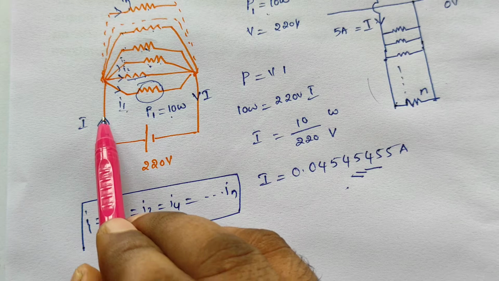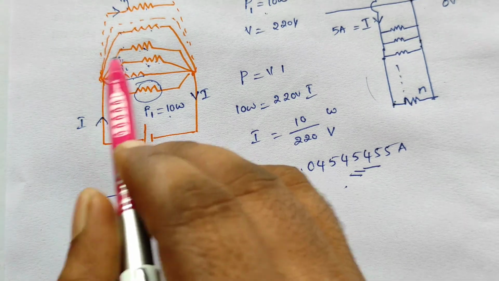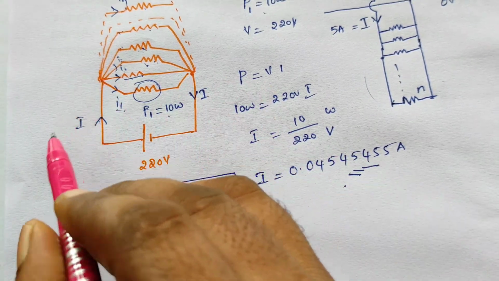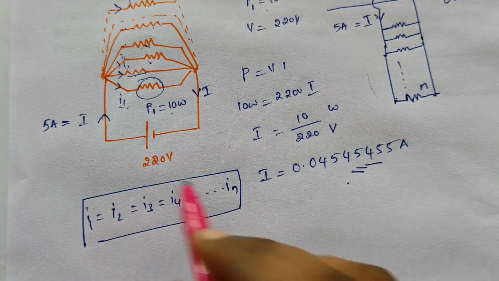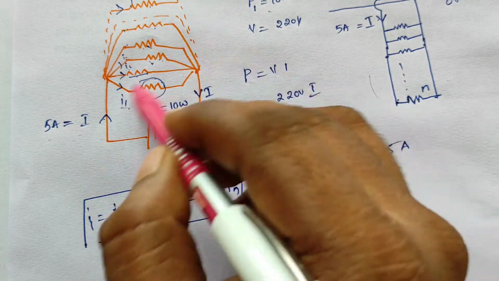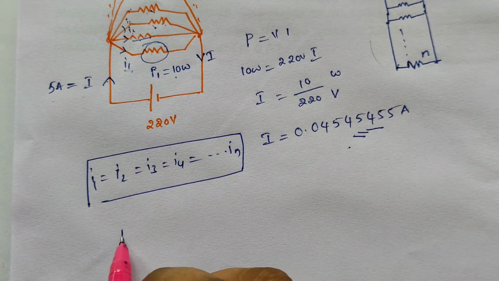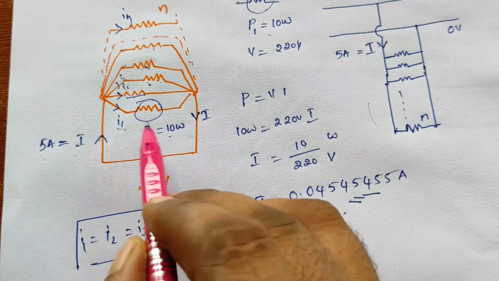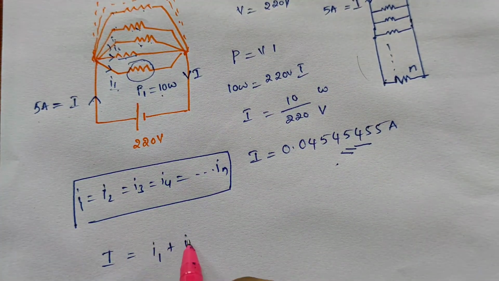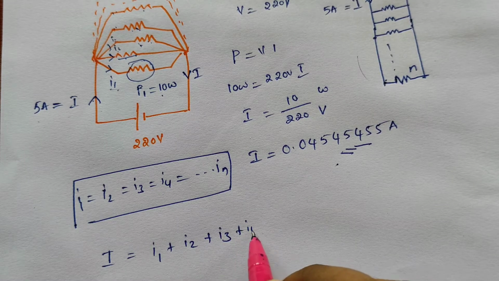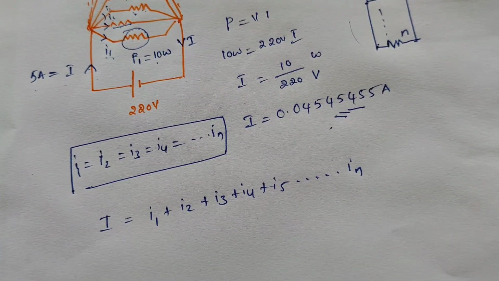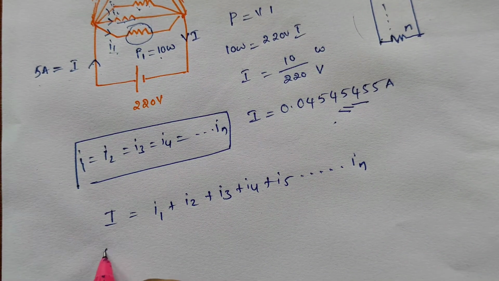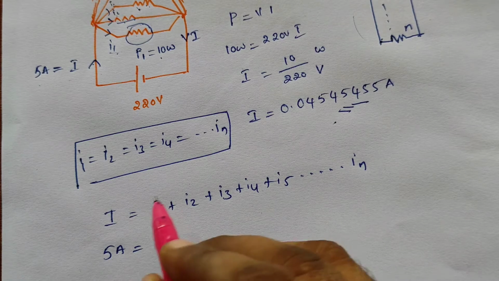And if you see here, this is the total current, and the total current itself is going to divide, right? What is the total current? Already in the question they mentioned the total current is 5 amperes. So the total current I is going to divide into I1, I2, I3, and so on, as many as there are resistors. So I1 plus I2 plus I3 plus I4 plus I5 and so on to IN. How many are there? We don't know. That's why I kept IN. So the total current is 5 amperes, that is equal to I1 plus